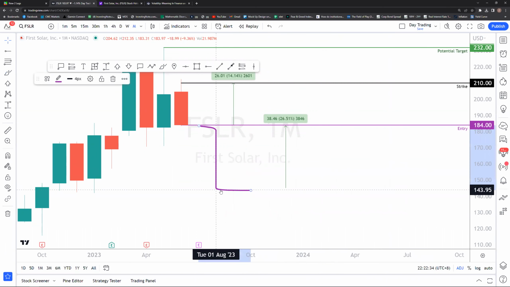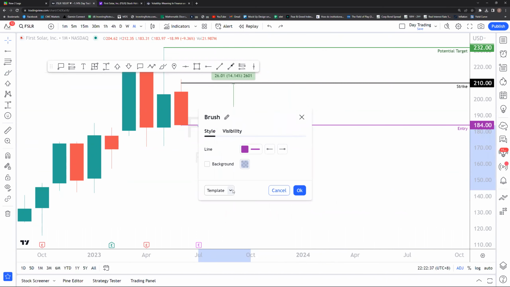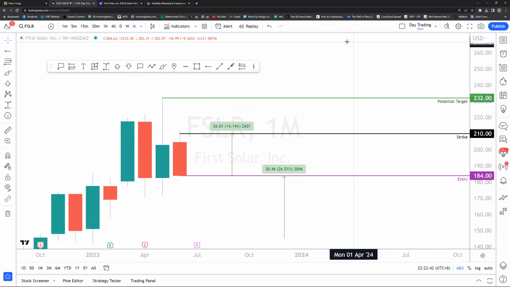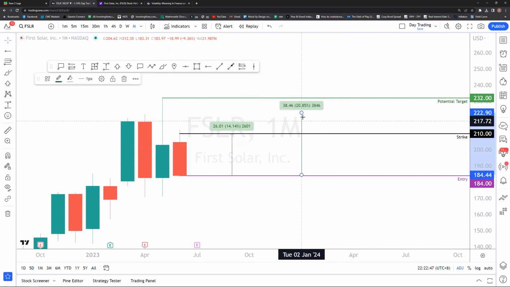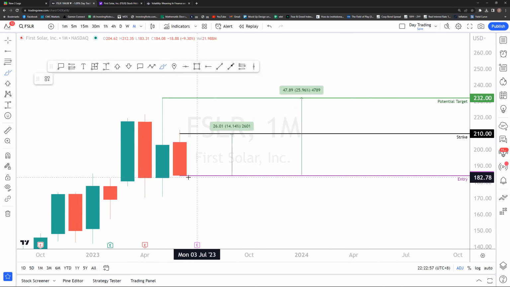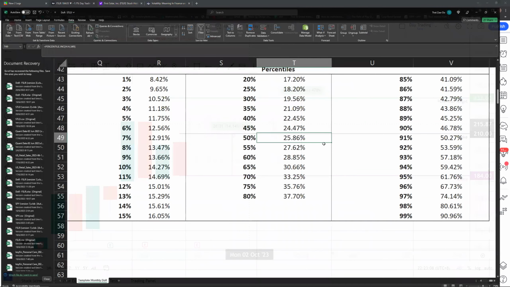But of course, if it starts to go down like that, we will definitely cut the price already, but we can plan our option trade. Okay, so I will go through how to plan the option trade for you also. In this case, this target is definitely achievable within a month. And if we cannot get this in 1 month, we can get it within 2 months. So within 2 months, 25% or 26% upside is definitely achievable for First Solar, because First Solar itself is